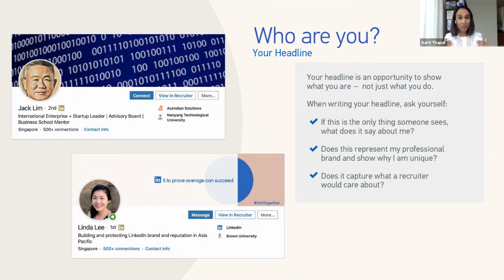And why are headlines really important to get right? Well, they determine whether someone will reach out to you, and also whether the LinkedIn search algorithm, which determines the searches you may show up in, will actually bring you up in those searches. So in a headline, we have about 120 characters to make an impact. So of course, the obvious one is to say what your job title is, but you can also use the remaining characters for your most important hard skills, your specializations, your passions, or your goals.